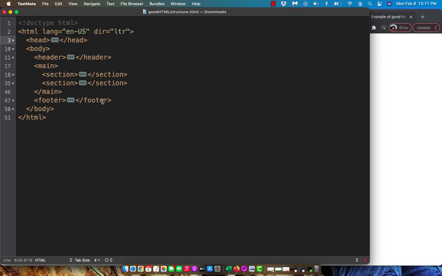The footer doesn't have to be at the bottom of the page is what I mean. The header doesn't have to be at the top. I could rearrange this and eventually style it with CSS however I want. And I've got sections within this main element. You only want one main element for any one HTML file, and the main element can't contain elements like headers